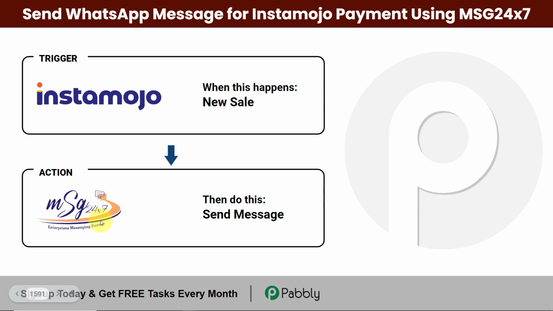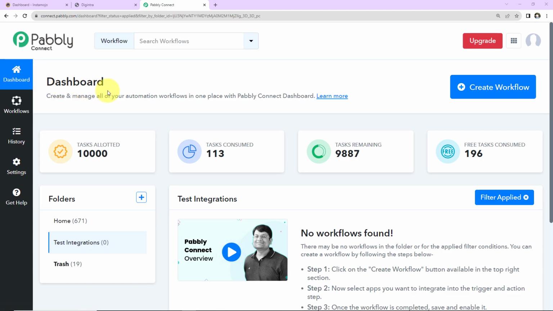Now to do this, we'll have to integrate the two applications, and the same thing can be done using Pabbly Connect. So here my trigger will be Instamojo and my action application will be MSG24x7. Now to understand how you can integrate and automate this entire process yourself without the need of any coding skills, let's begin. So this here is the dashboard of Pabbly Connect software, and you can reach here by clicking on